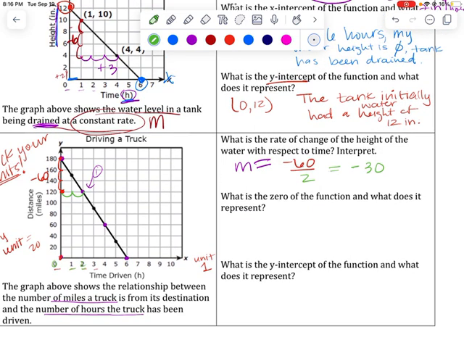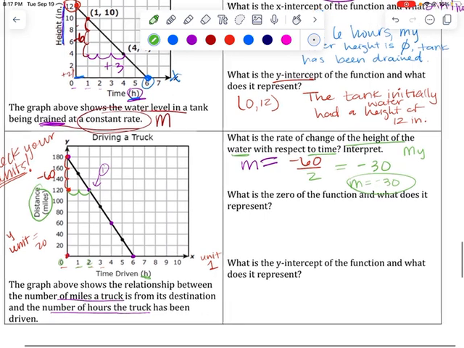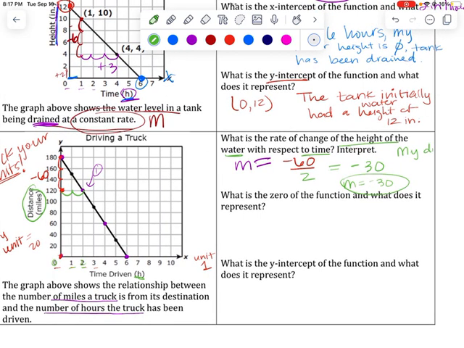What does this negative 30 really tell me? Well, I know this is a change of the height with respect to time, or the hours. So my height, oh, this is copied wrong. Look at that. Height of the water. This is not height of the water. This is distance. My distance to destination